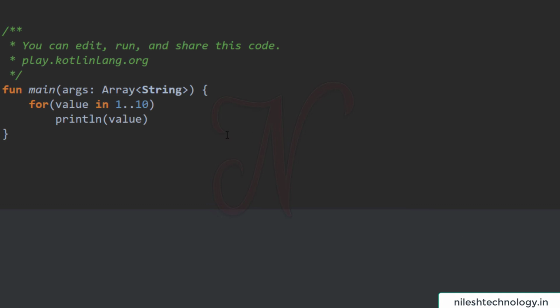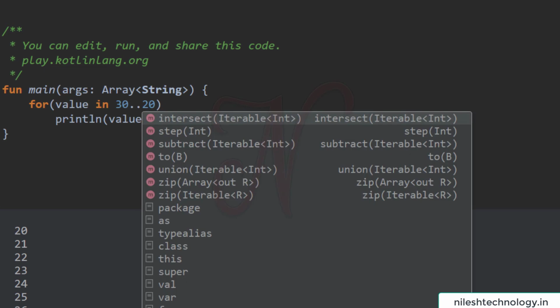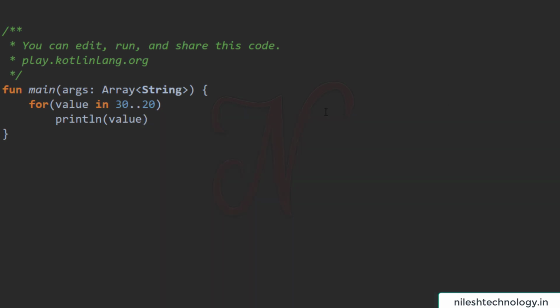So this loop starts from 1 and goes to 10. By using this syntax, there is no need to give the condition or the increment decrement operator. So this is a very helpful syntax in the Kotlin language. Here we change these numbers, for example 20 to 30, then see here, it runs 20 to 30. If your range is reverse, 30 to 20, then this is not possible. See here, output is blank. So this does not work in Kotlin. This range is valid only in the forward direction, not in the reverse direction.